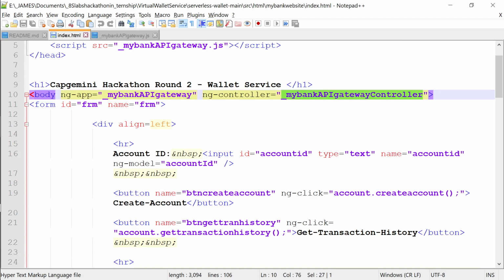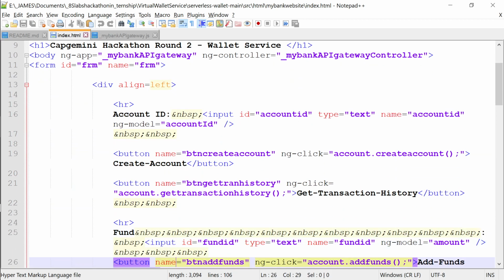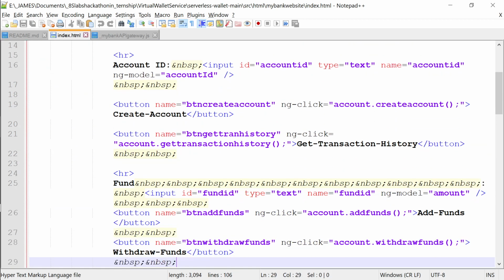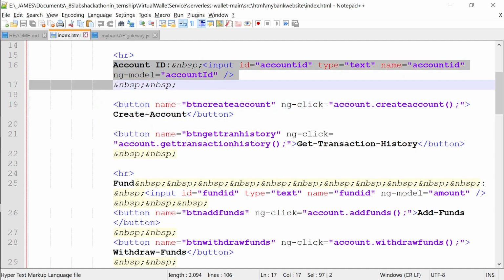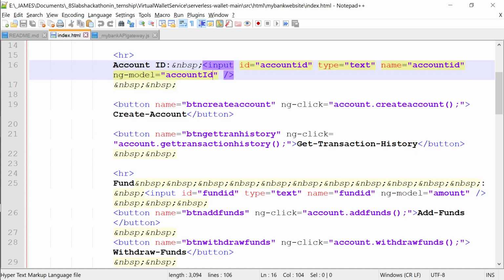So it is able to see it from the backend, and even modify your HTML from the backend, in the sense of JavaScript. Okay, here you notice I defined some variables. This is how you define a variable: ng-model equal to account ID. This basically means whatever is written in this text box, your AngularJS can read using this variable name, whatever you type.